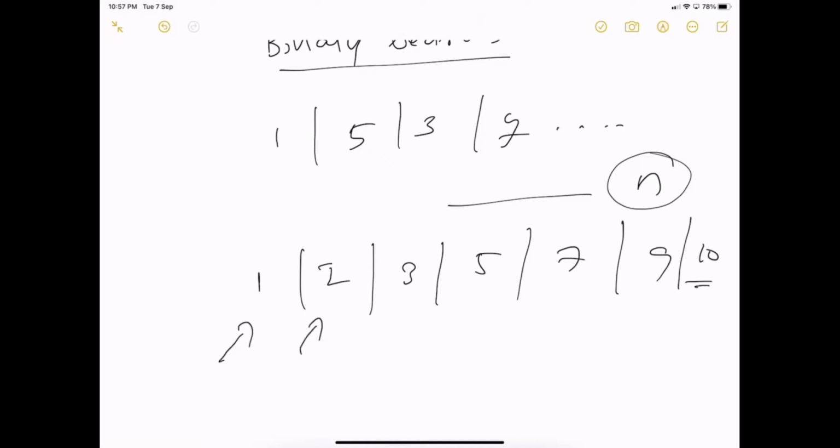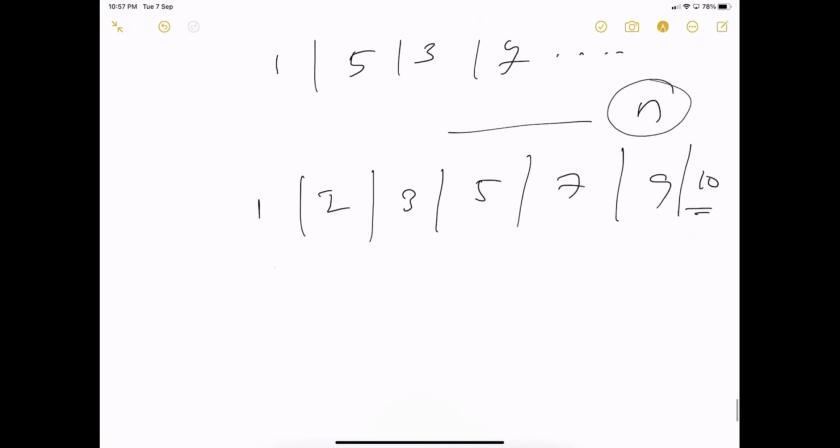You will check with 1, 2, 3, 5, 7, 9, 10. So in the worst case it will be 7 comparisons, which means order of n. But in binary search, you directly go to the middle element and see if the middle element is equal to what we need, 10, right?